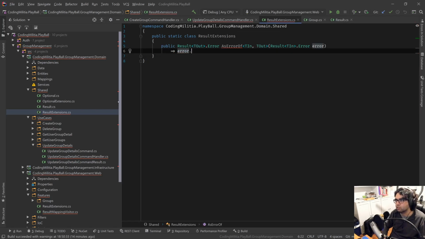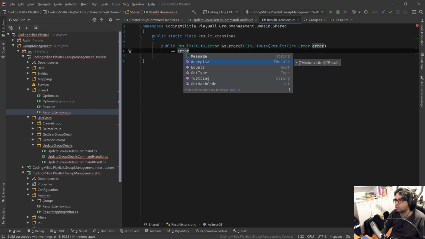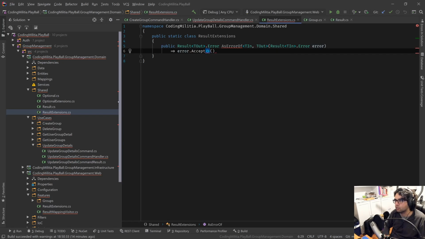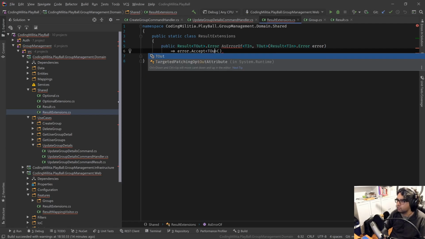So error dot accept, so error accept until return the T out,